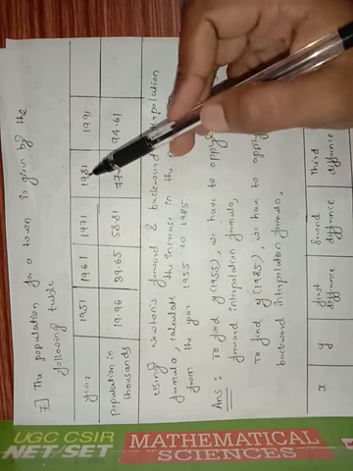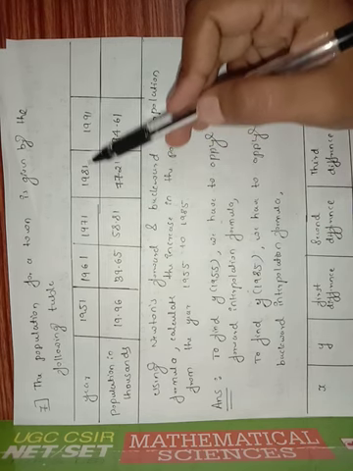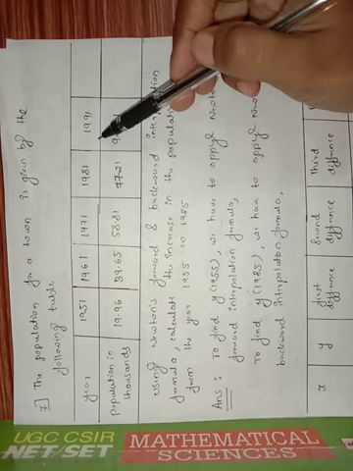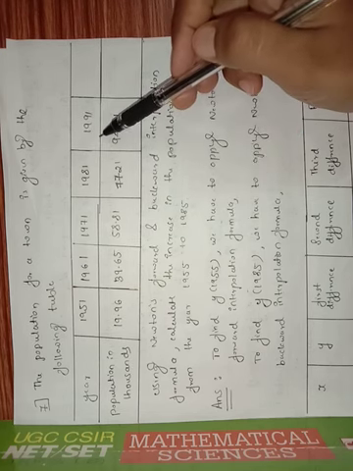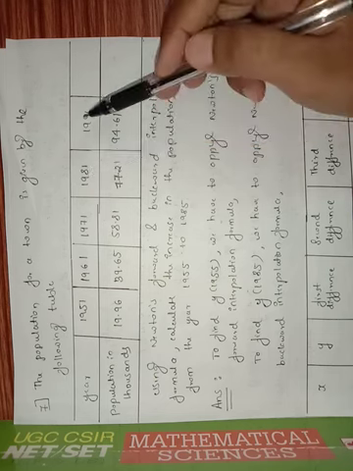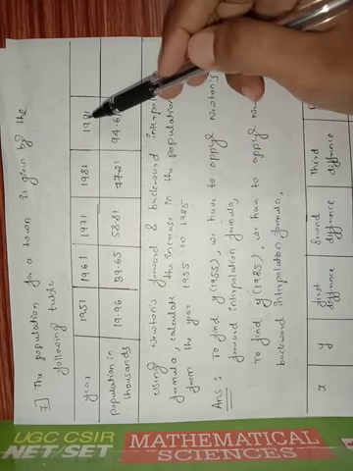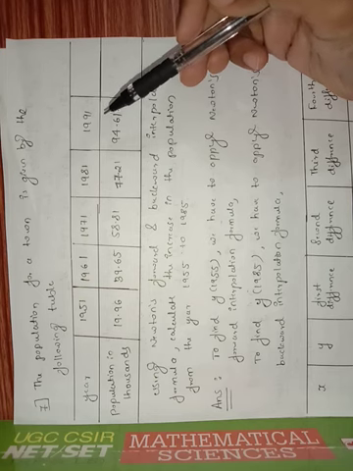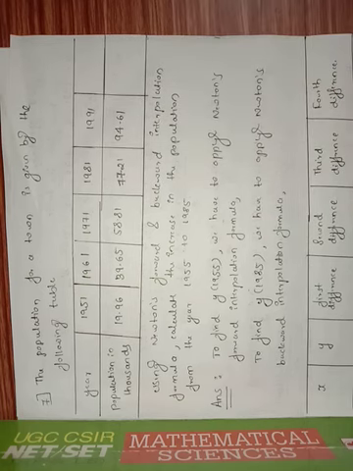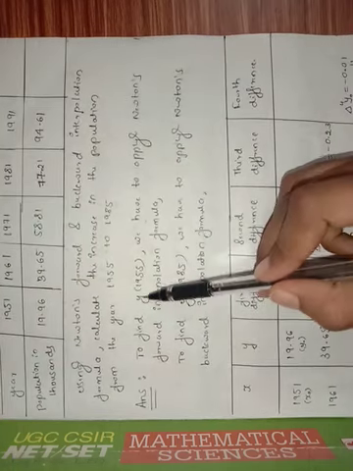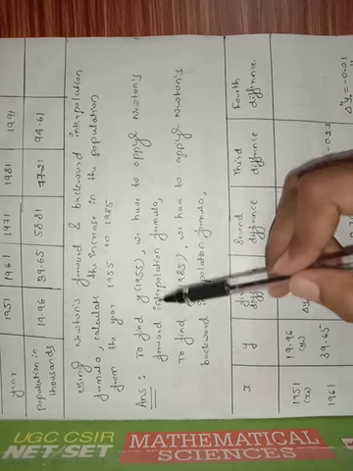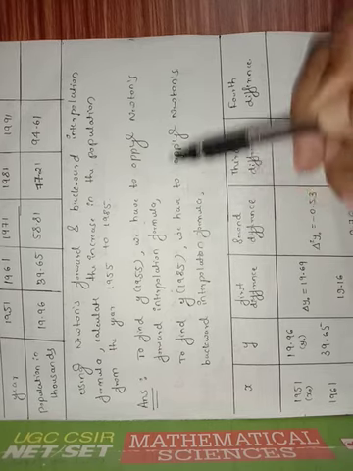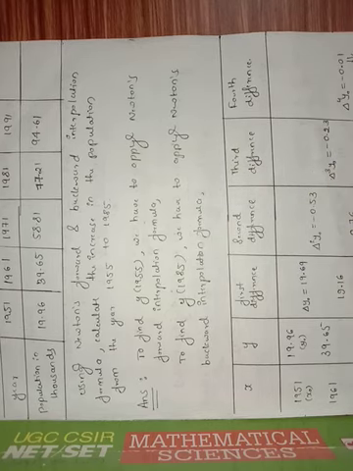Then 1985 lies between 1981 and 1991. Obviously 1985 lies in the second half of the table, that means it is near to the end value of the table, that is 1991. That means we have to apply Newton's backward interpolation formula. To find y of 1955 we apply Newton forward interpolation formula. To find y of 1985 we apply Newton's backward interpolation formula.